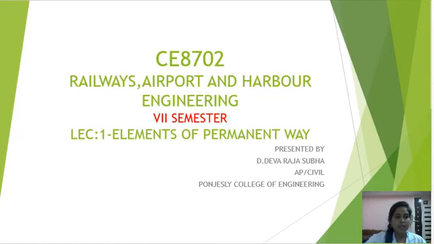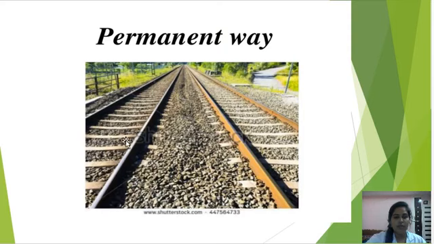Today I am going to teach you the topic elements of permanent way. So, what is permanent way? The finished or completed railway track is known as permanent way. The definition of this permanent way: these are the rails, running parallel, known as rails. This is sleepers and this is the ballast. The rails fitted to the sleepers and to the ballast, and the whole thing is fitted to the subgrade,